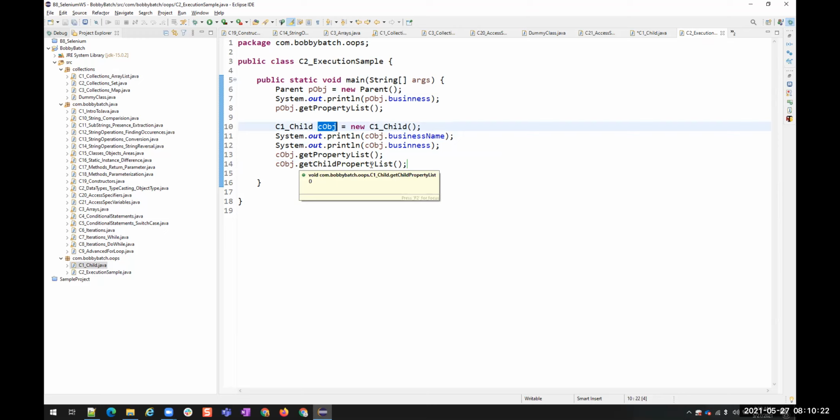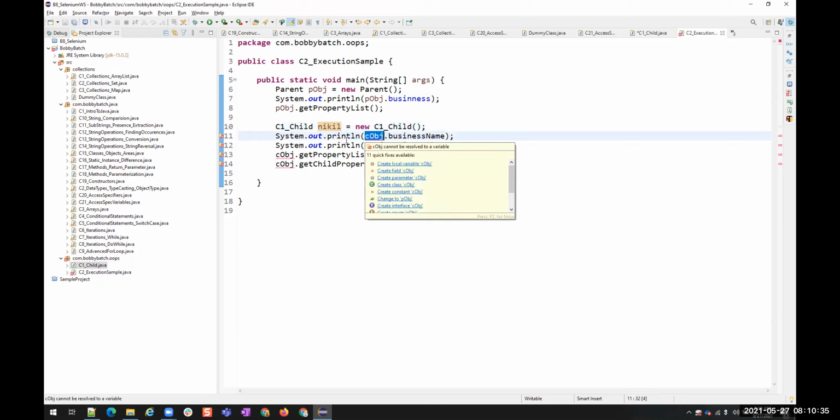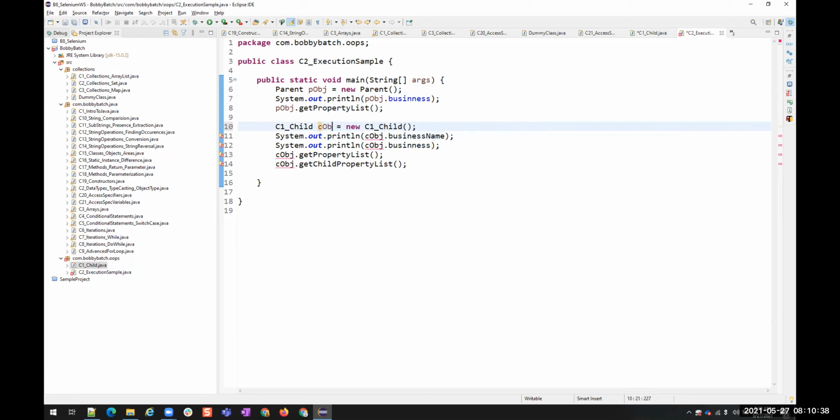Is object mandatory, or can I give any name there to make it a child? So here you can give Nikhil object, but that doesn't make any sense, right? So that is why I created it as child object. You can give any name.